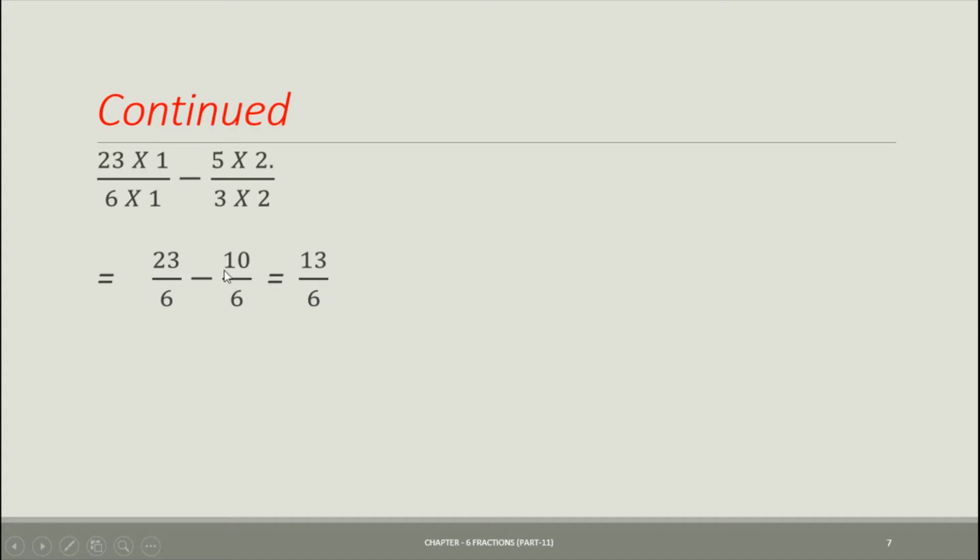Here we have converted that improper fraction to like fraction where denominators are same. Since denominators are same, we can easily subtract. So we'll subtract just the numerators. So 23 minus 10 is 13. Now scholars, we know that our answer should be in the lowest form, or it should be either in the proper fraction or the mixed fraction.